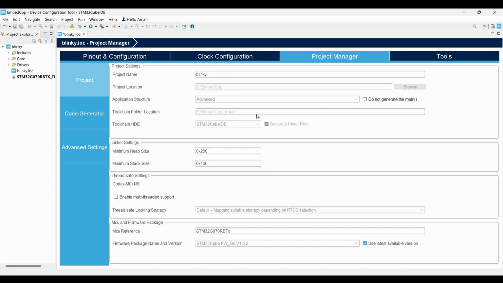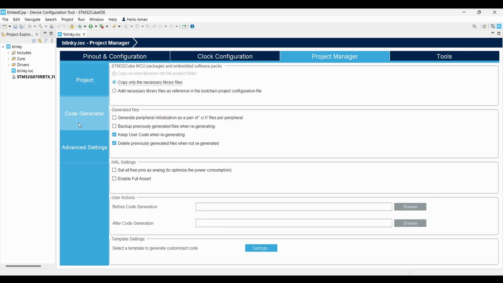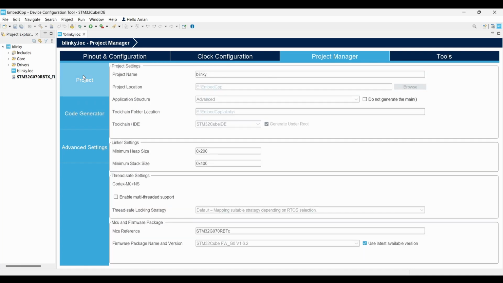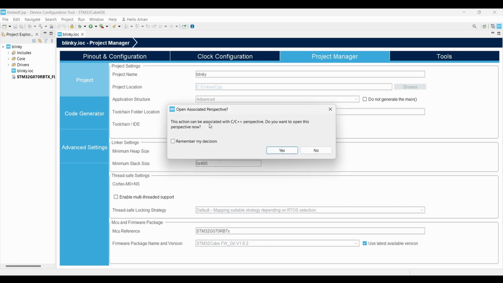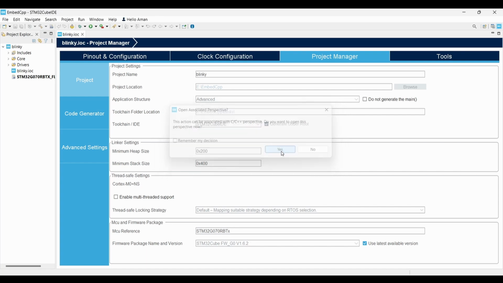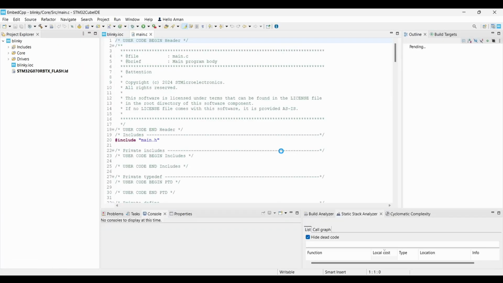And we have to generate the code from here. So in the code generator tab, you can change different settings and check according to your needs. Then on pressing Control plus S, it will ask you to generate the code. So you can select yes, and it will switch to the C++ perspective. Currently it was in pinout view mode. Now it will go to the C++ perspective. Select yes,